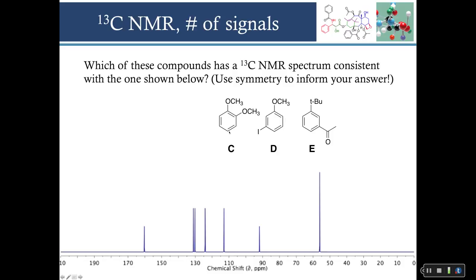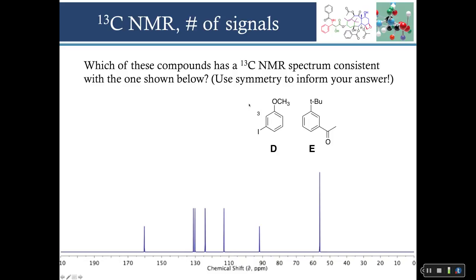For C, I would expect these two to be the same, these two to be the same, and those two to be the same. So 1, 2, 3 around the ring. And then again, by symmetry, both of these methyl groups are the same. So 1, 2, 3, 4 unique carbons. Can't be this one. For D, here we go, around the ring, 1, 2, 3, 4, 5, 6,